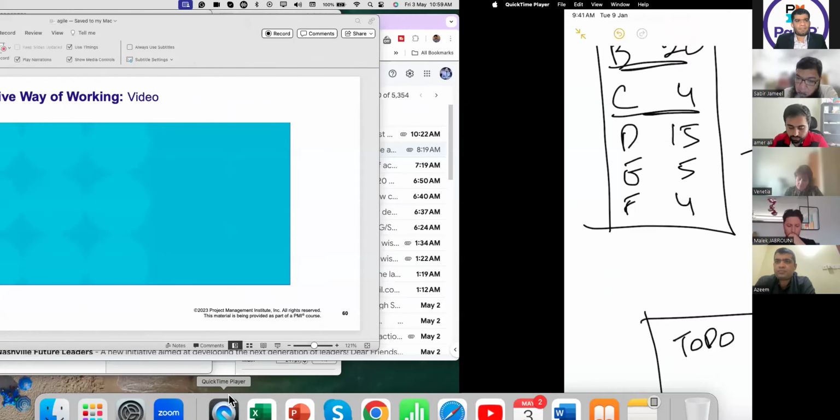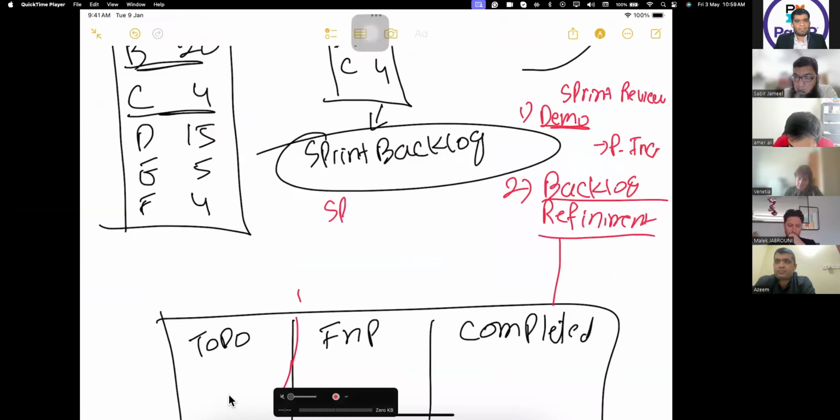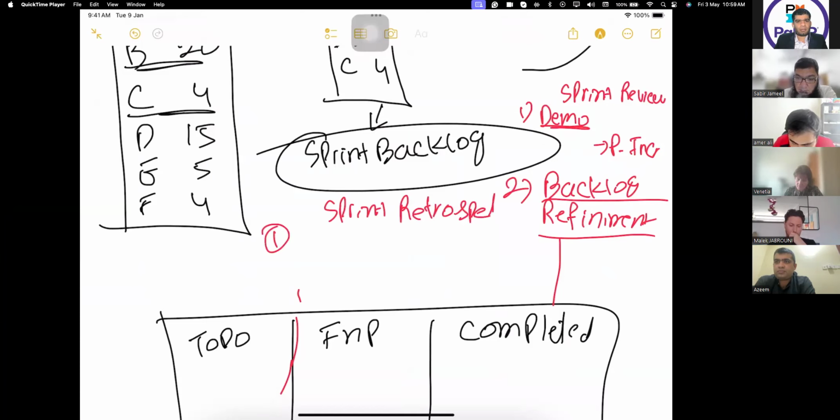Sprint retrospective. We discussed it before. What does retrospective mean? Retrospective is a lessons learned meeting. So we will have a sprint retrospective, a lessons learned meeting.